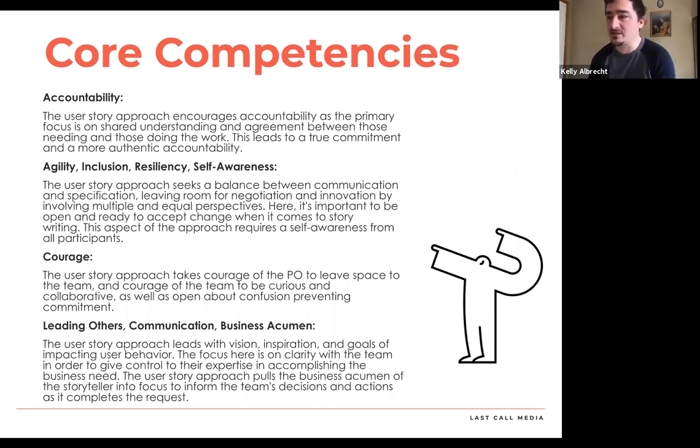The idea of a ready story is, what stories are we telling about our users and what we're hoping to make it possible for them to be able to do, what behaviors are we trying to make possible or make realistic. And there's an approach we're going to cover that, if we're doing it the way we're going to cover it, encourages true accountability on the team and amongst the people who are going to do the work. It really hinges on competencies of agility and inclusion and resiliency and self-awareness to work in the way that the following slides will